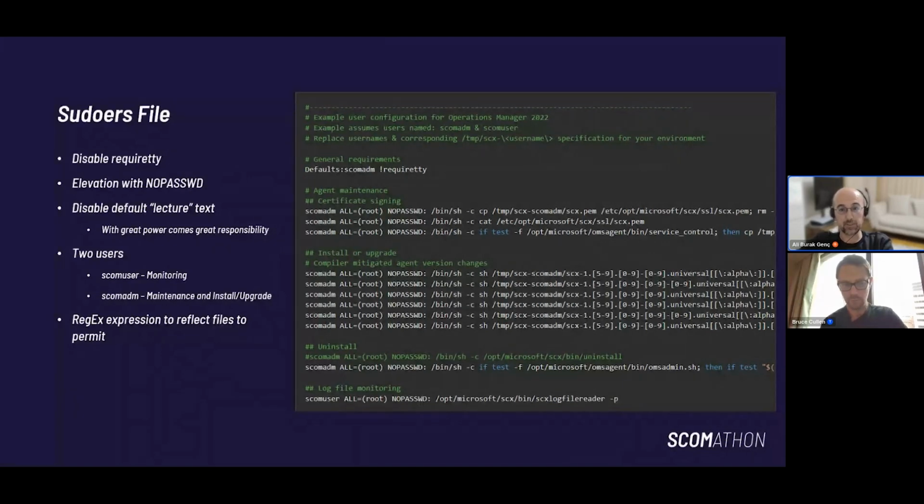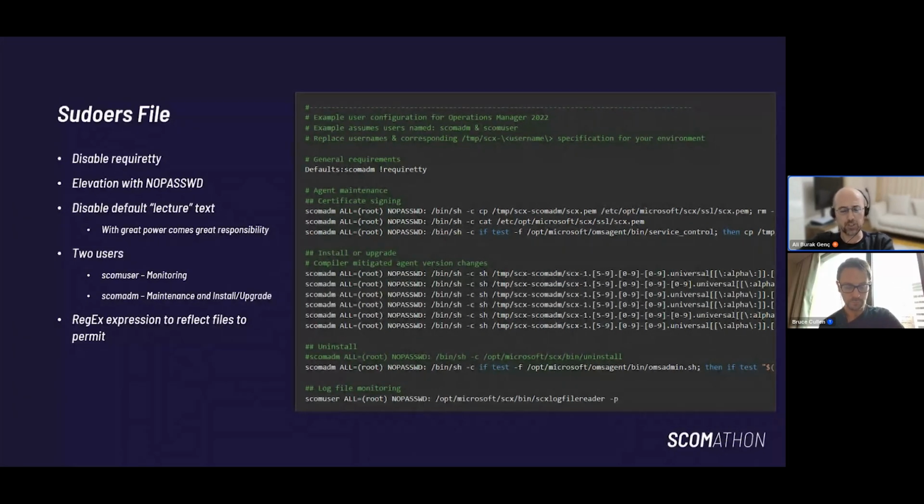As you can see, there are two users mentioned at the top, SCOM user and SCOM admin, which you have to change according to your environment, and a few parts like general, certificate signing, install, upgrade or uninstall, and finally log file monitoring.